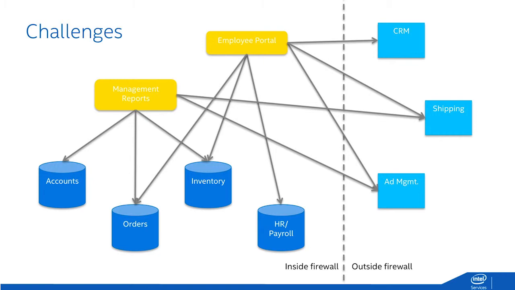Many companies also take advantage of SaaS products to help them run their business. For example, you might have an external system that runs your CRM or a shipping service. These might be completely outside of your enterprise firewall, but they tend to have modern APIs and basically support integration already. So in this picture, you have a mixture of modern and legacy systems that you use to run your business.